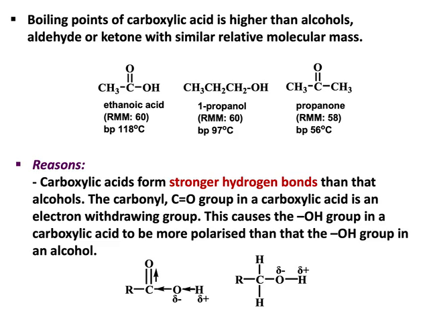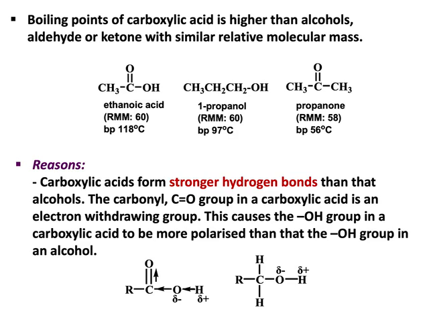As you can see here, the boiling point of carboxylic acid is slightly higher compared to alcohol and also ketone and aldehyde. Why? Because carboxylic acid can form a stronger hydrogen bond. This is the main reason why the boiling point of carboxylic acid is slightly higher compared to the rest: it can form stronger hydrogen bonds compared to alcohol, ketone and aldehyde. Because of this functional group, C=O,